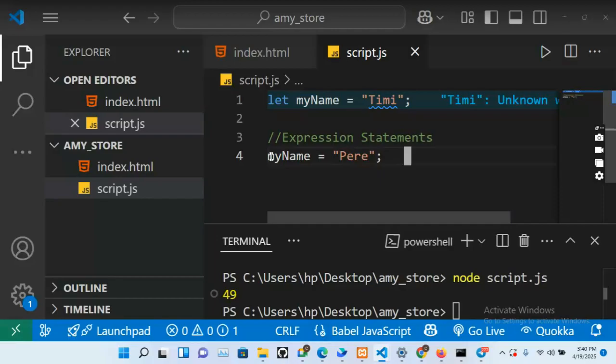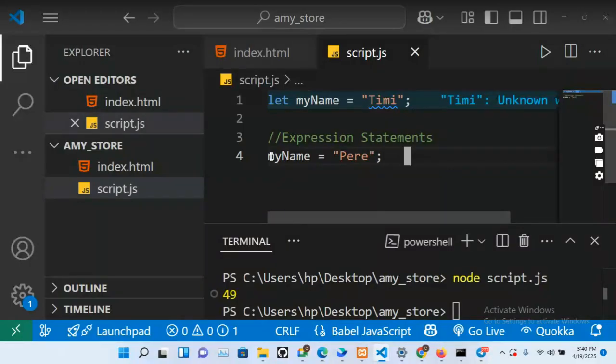If you watch well, our first statement on line one is called the declaration statement. You declare a statement, right? I created a variable called name and I stored Timmy inside of it. The second type of statement we are going on to learn is called the expression statement, and what I just wrote is an expression statement. If you remember, while I was teaching you about creating a variable, if you use the let keyword, you can change the data inside of it later on